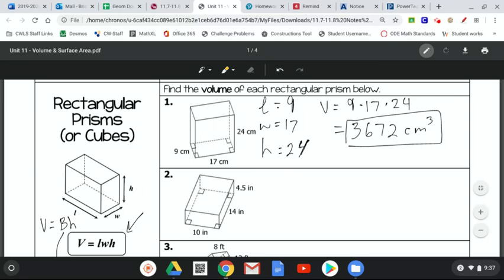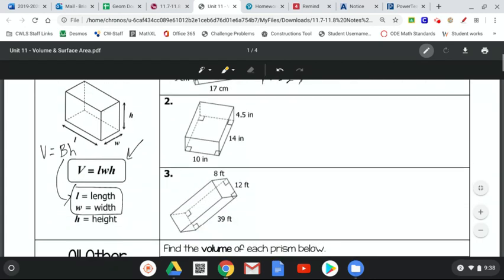So guys, for this, like I said, if we're trying to boil it down and make it simple, you're taking the 3 different values that you have for the length, width, and the height, and you're just multiplying them together. That's it. So for number 2,